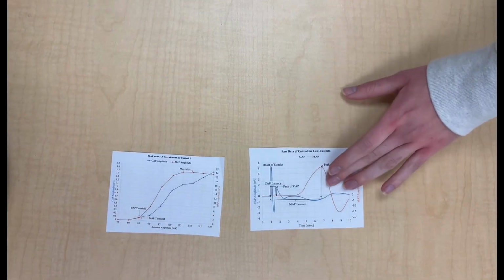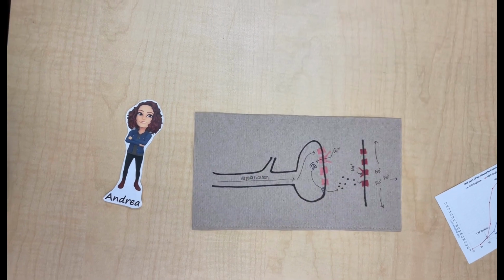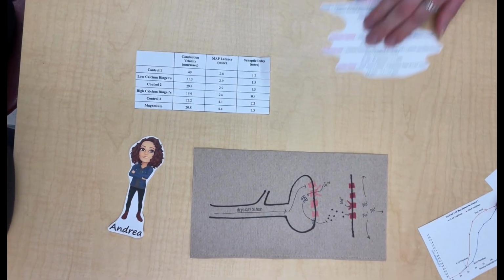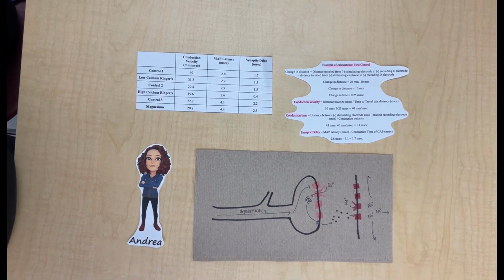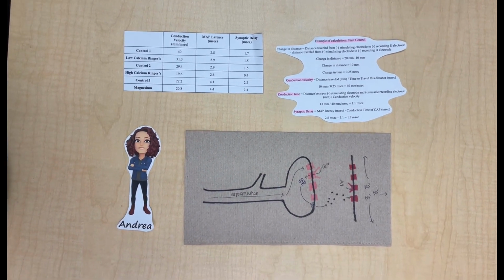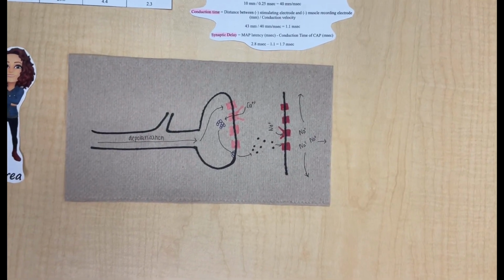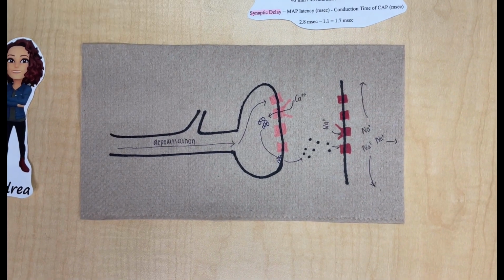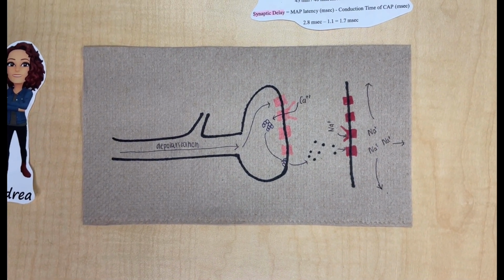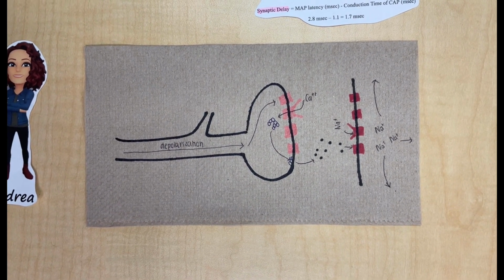The synaptic delay in the neuromuscular junction is the time it takes from the release of the neurotransmitter ACh from the presynaptic terminal until it reaches the cholinergic receptor on the postsynaptic terminal. Three things that happen in between these events are: first, the time it takes for ACh to be released; second, the time it takes for ACh to travel through the synaptic cleft; and third, the time it takes for ACh to bind to the receptors on the